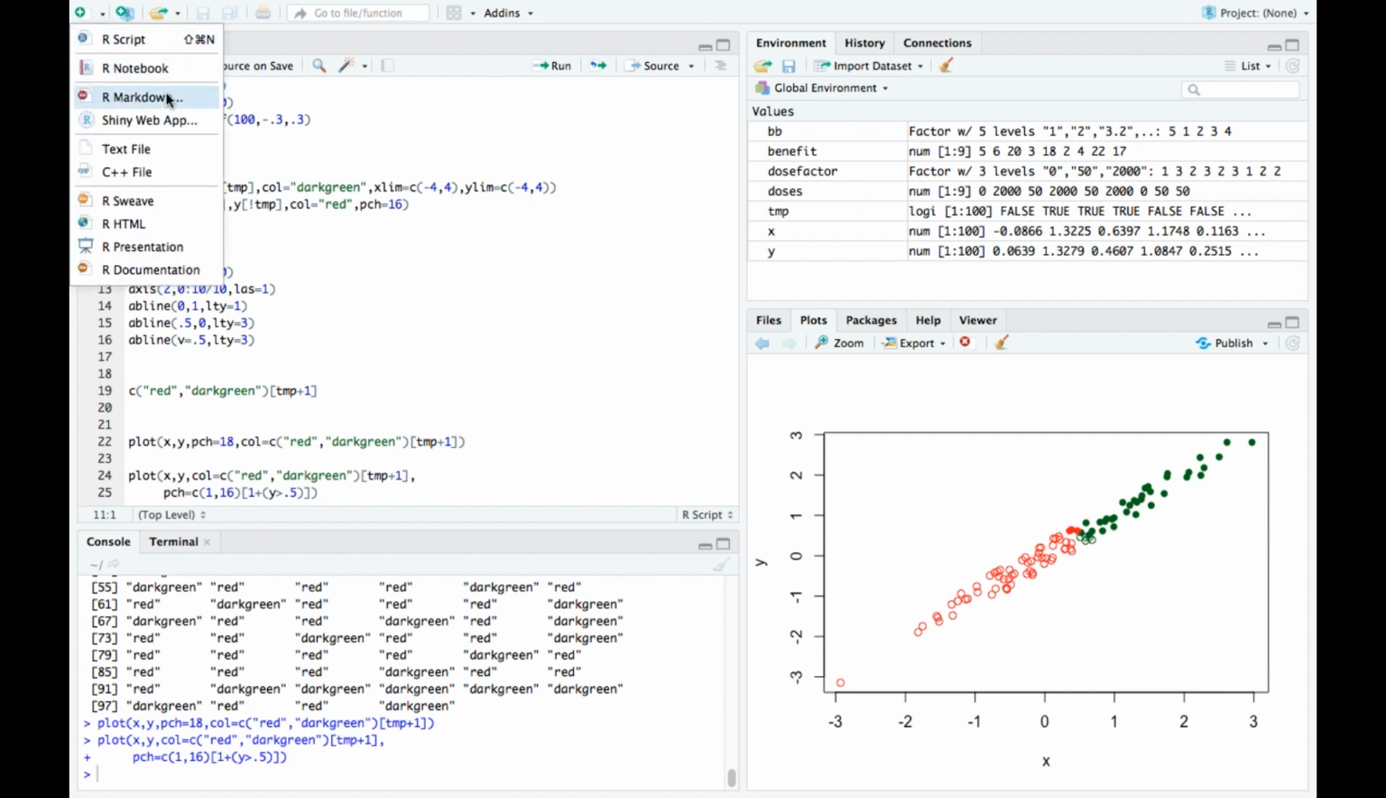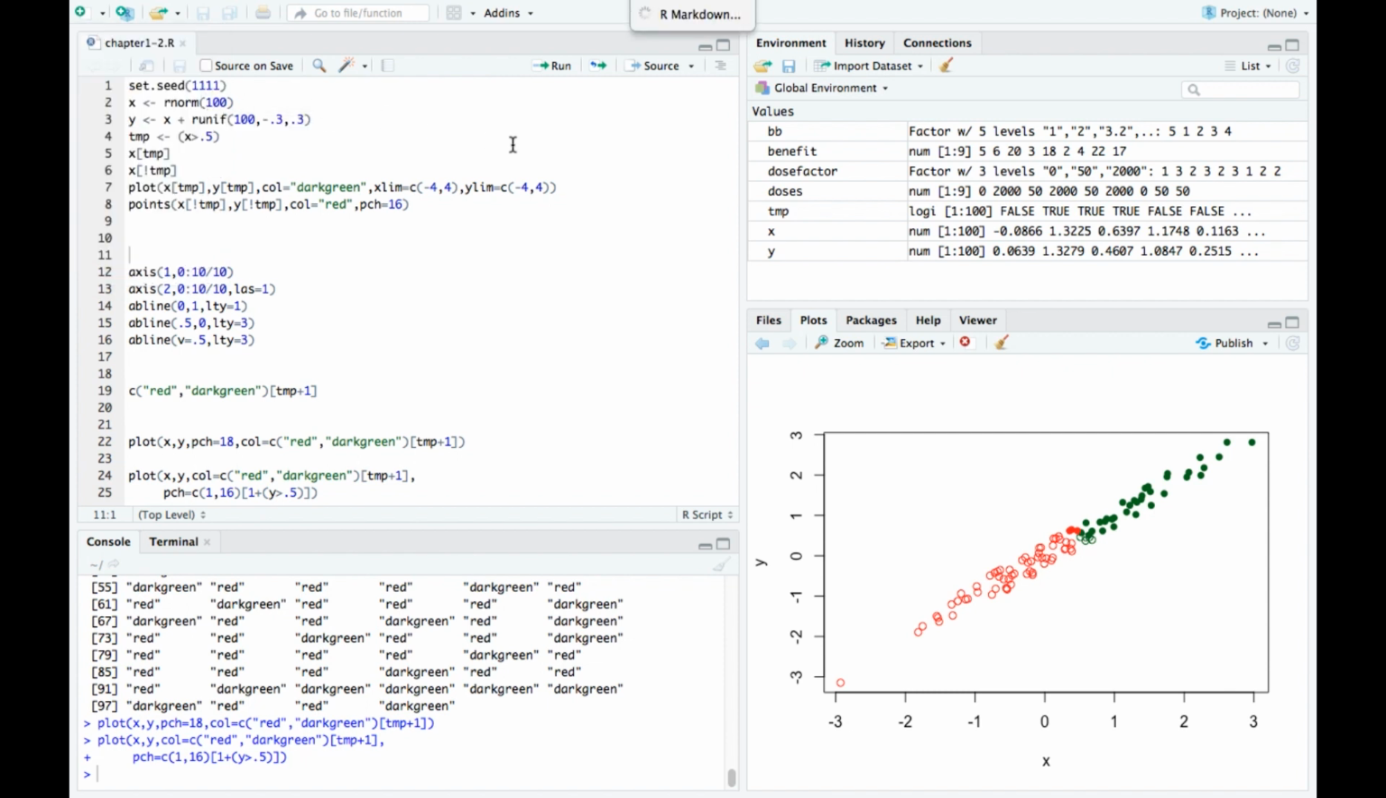But so instead of just adding a script, you can add a notebook or Markdown. And notebook, we'll use Markdown because Markdown can be used to create specific types of documents, and a notebook sort of lives within RStudio, although you could also export it. So I'm going to make a Markdown here, and it will, unless I'm missing some libraries, create